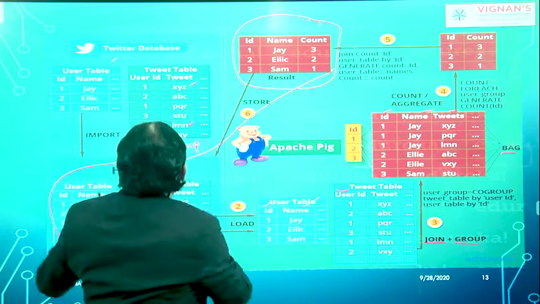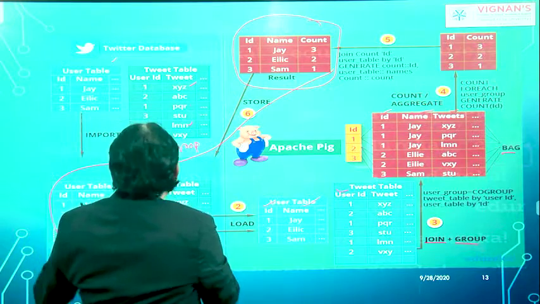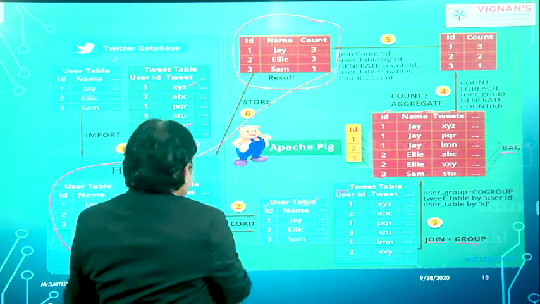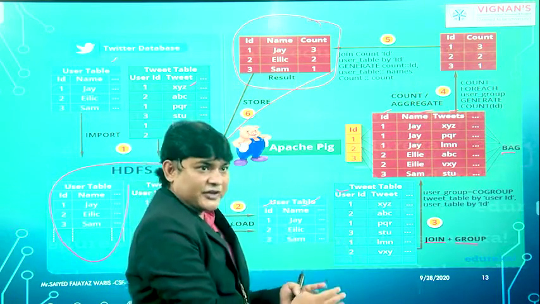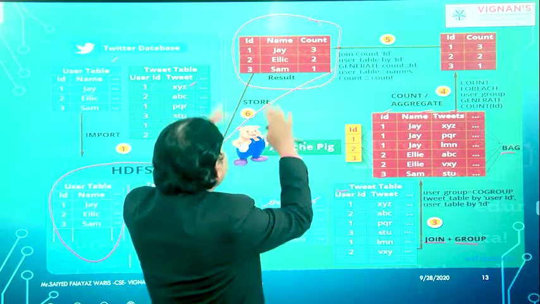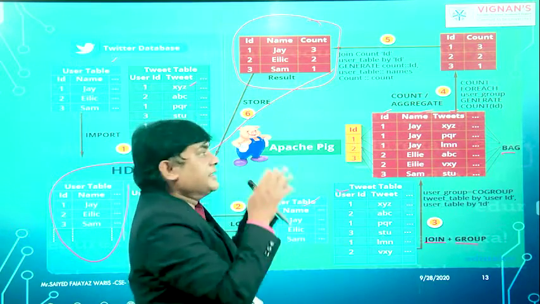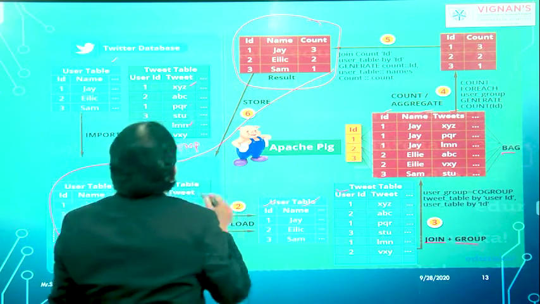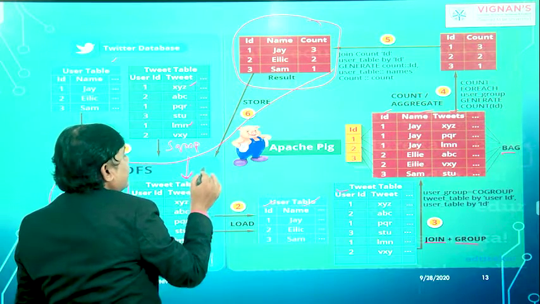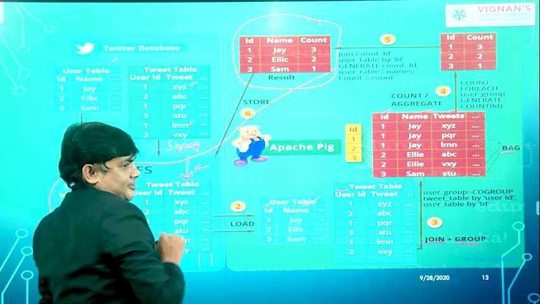See, we are taking the data from Twitter using Sqoop tools, putting it into HDFS, then Pig will take data from the HDFS, they will process it in this fashion using scripting languages, they will create results, and this is where they are going to store them. Where are they going to store this result? Into the HDFS, back again.